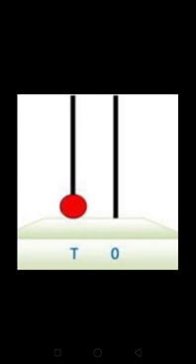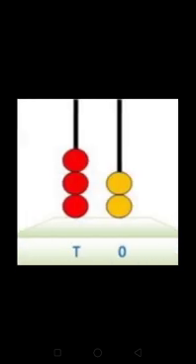And children, ones place means what? One digit number. And tens place means what? Two digit number. So here is only one bead on tens place. So it is representing only 1 ten. And 1 ten means what? 10 only. Yes. Now see the next example.